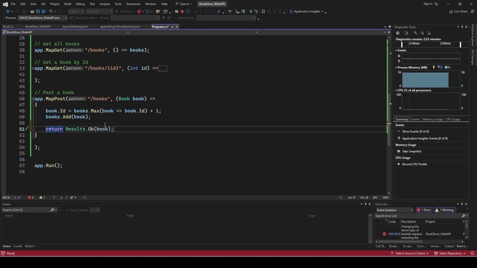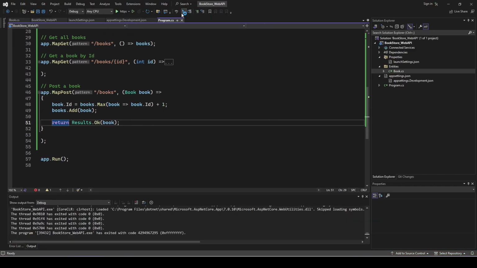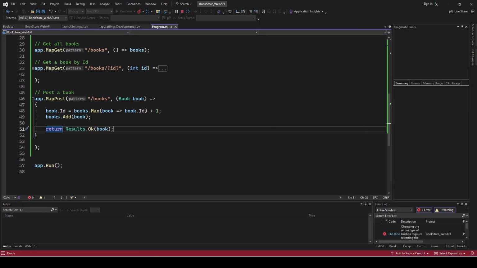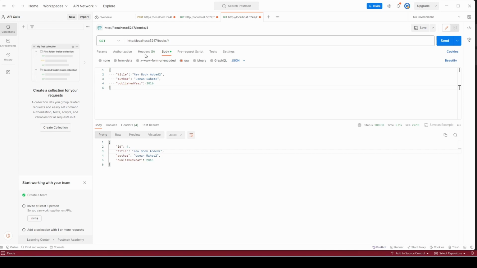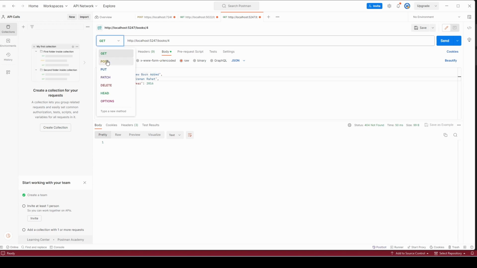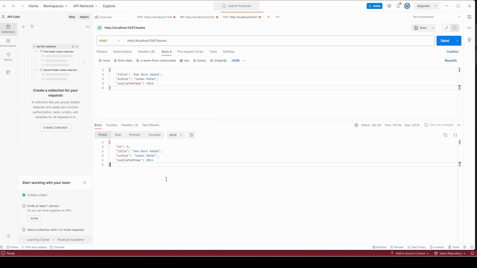Okay, but let's actually try what it returns, right? If I now try it this way, and now one question, if I get with 4, what do you think I would return? And I'd argue I won't return anything because I've restarted the app, so I shouldn't get anything, right? But let's say I just post this without the 2, I remove this, and if I post this, I am getting the